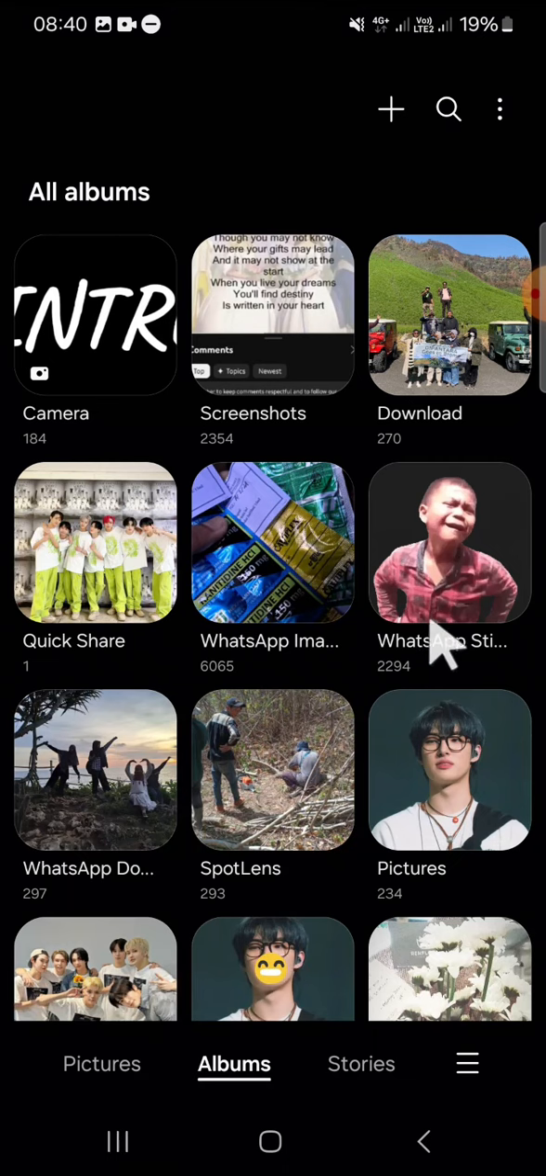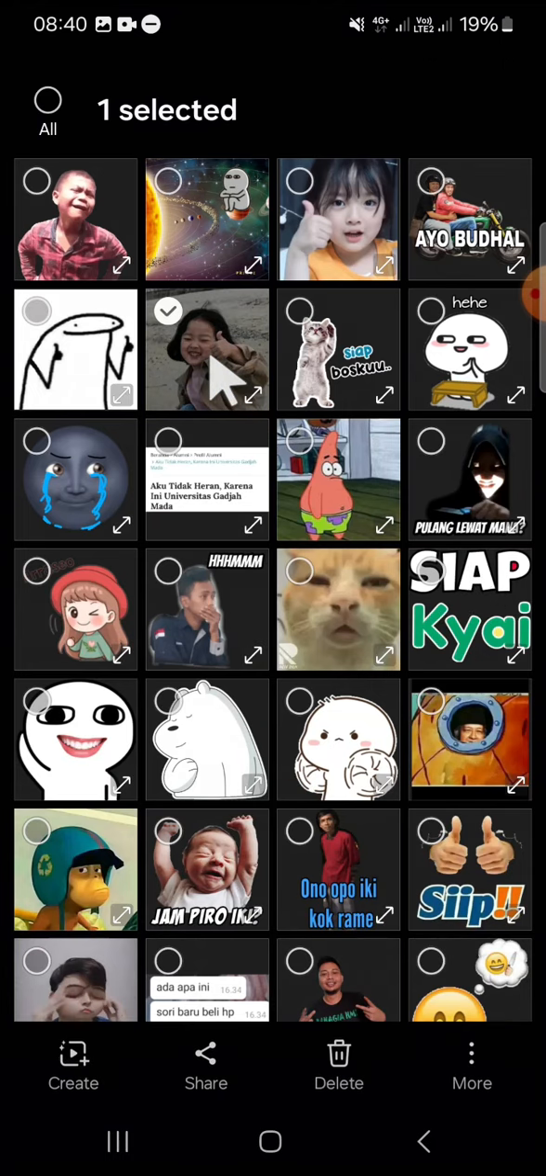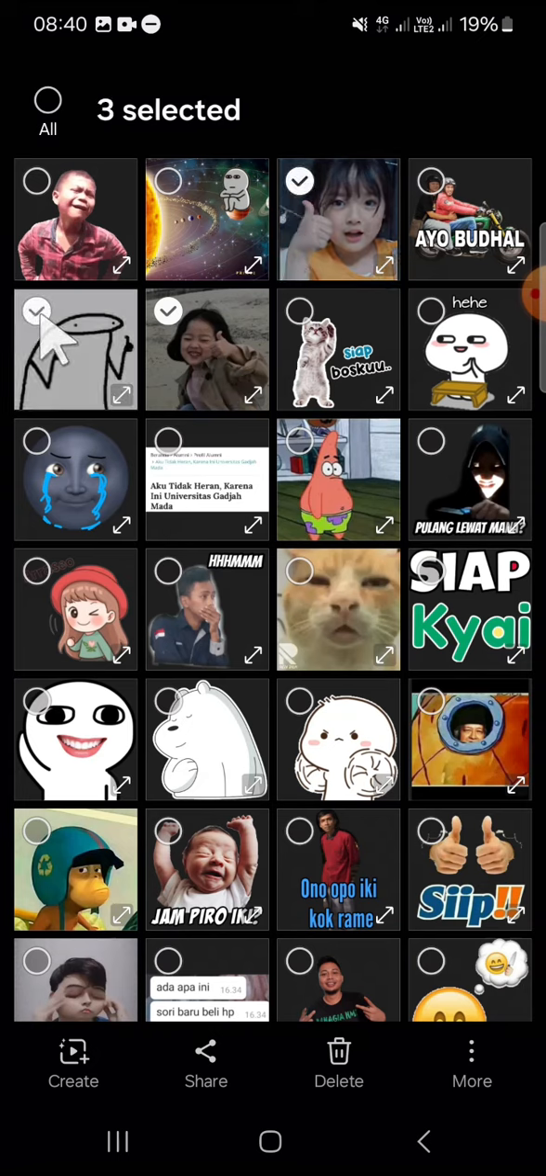And for example, I'm going to select photos from this folder, and we can tap and hold on the first photo to select it like this, and on the other photos we can just click on the circle to choose it. Okay, and after we're done selecting the photos, we can click on the create right here,